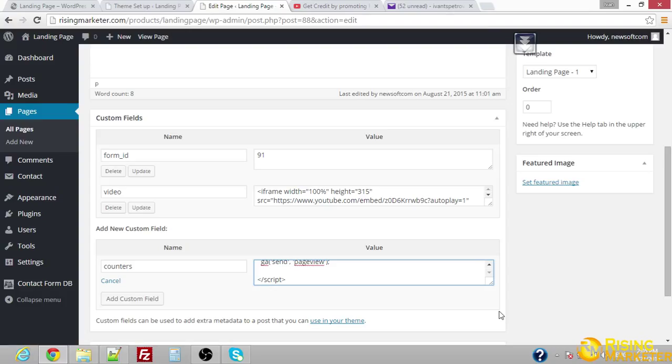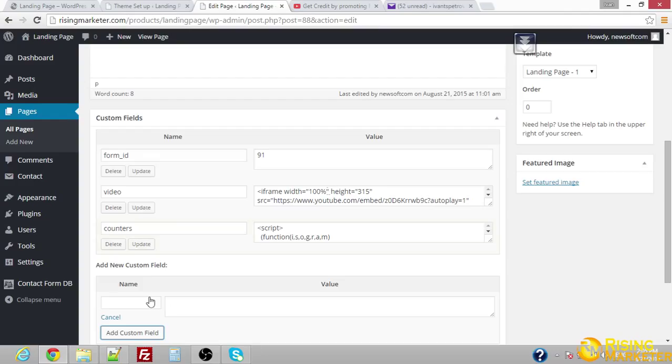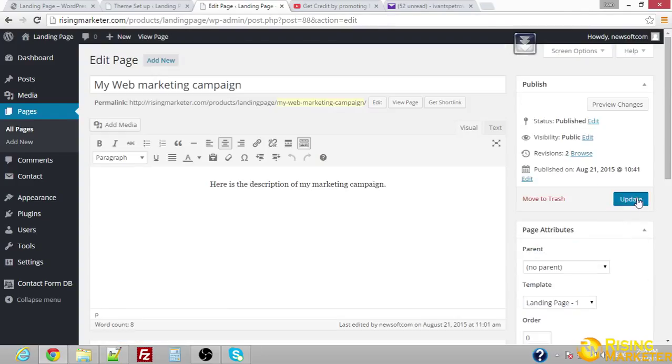So we have it, add custom field. And we already have the counter here, and if you hit update,